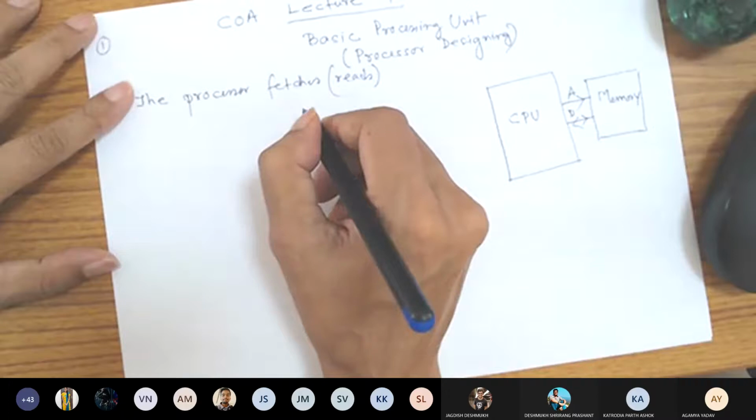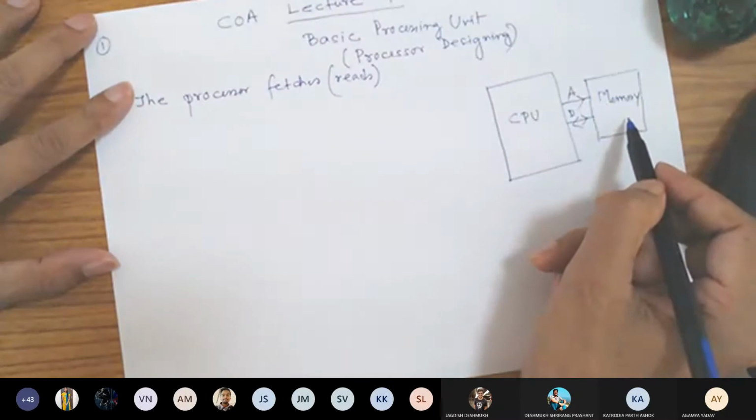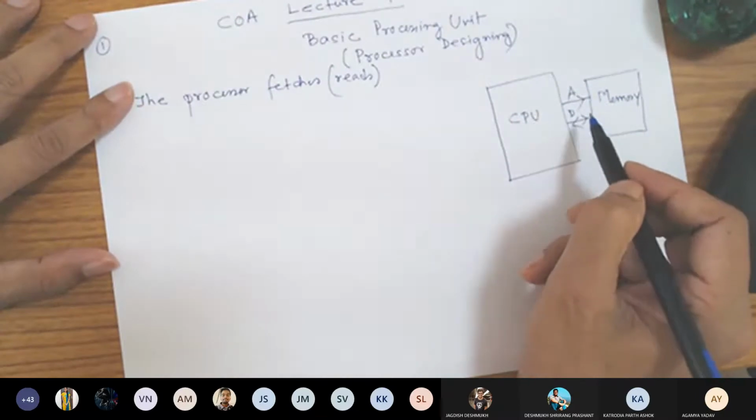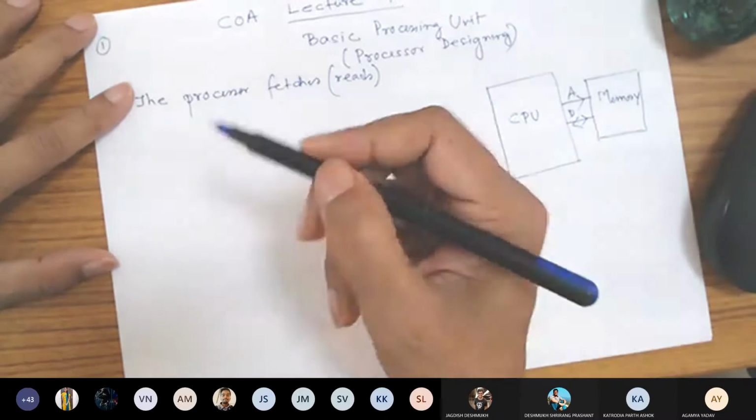Fetch and read are used interchangeably. Whenever you are reading something from the memory, if it is data, we call it read. If it is an instruction, we call it fetch. So fetch is a special type of read.